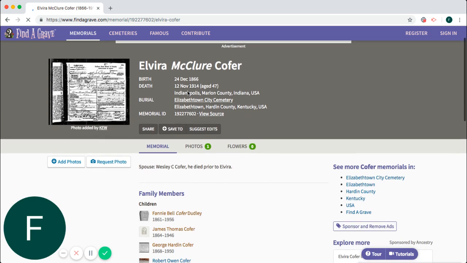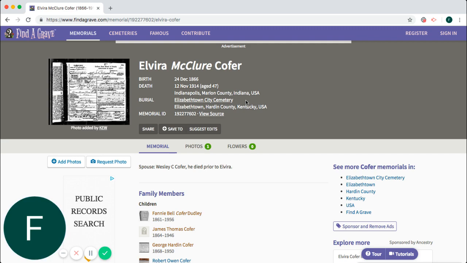Again, her biological information is here. We can see she passed away fairly young, and we see the city cemetery she's at. Now, it doesn't say the location in the cemetery, but you can go to the cemetery office or whoever maintains the grounds sometimes and request records. And sometimes people will work with you and they will have an old archived list of plots and who is